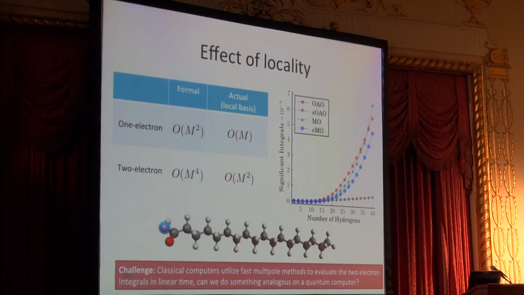So therefore, you just look at the orthogonalized atomic orbitals, and then you screen them, okay, with different parameters. What I want you to look at, there's too many things to look at, but you see how when you screen or do a cutoff, based on a slightly larger number of the integrals between the molecular orbital in green and the screened molecular orbital in blue, you really don't get too much improvement. With the orthogonalized atomic orbitals, you really get this change in the scaling, okay, at a very reasonable size, about 20 hydrogens. This is a chain of hydrogens separated by 1 angstrom, okay.